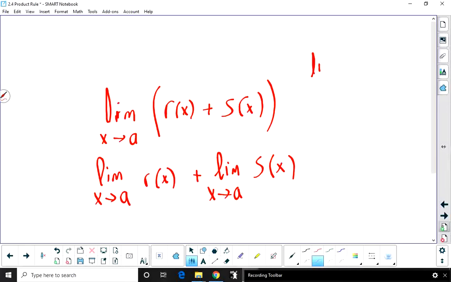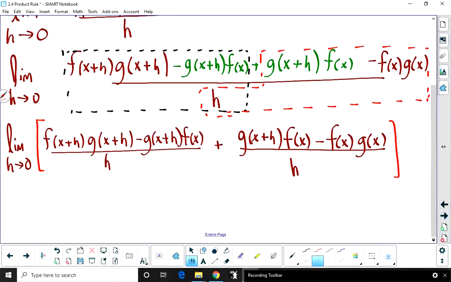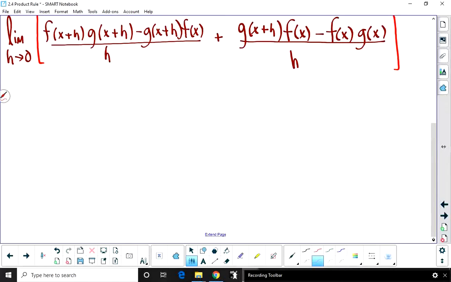If I said to you, what is the limit as x approaches 2 of 2x cubed minus x, when you put the 2 here and here, what you're doing is you're finding this limit and you're finding the other limit, and you're subtracting them. And what that means is I can write this as the limit of this thing plus the limit of that thing. And I'm going to do that, but at the same time, I'm going to factor out of the top of this first limit